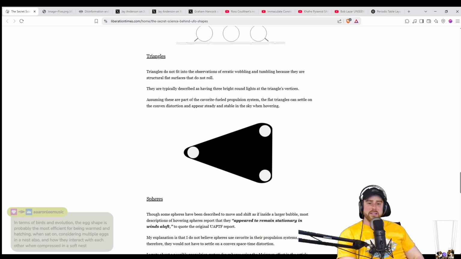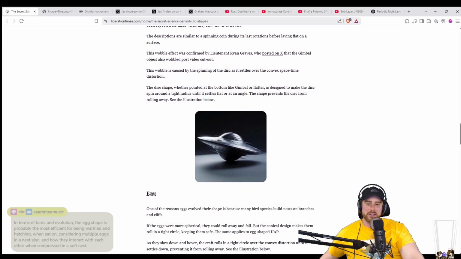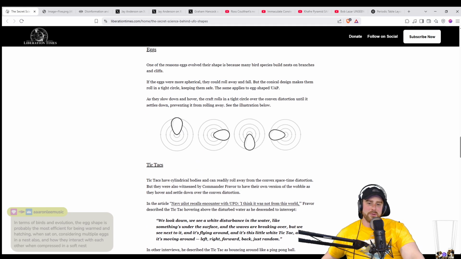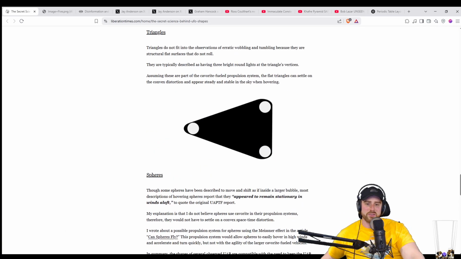So, but didn't we make the triangles? Like, what's going on? What's happening? Wouldn't it be a meme if the aliens did the disc and it wobbles around like a drunkard? I don't know who did the egg and who did the Tic Tac. Some people claim we did the Tic Tac, but why wouldn't you just be in the triangle then? Because it doesn't move around at all. It just seems like the most logical shape, but this is my smooth brain trying to wrap around these complicated concepts here. So yeah,